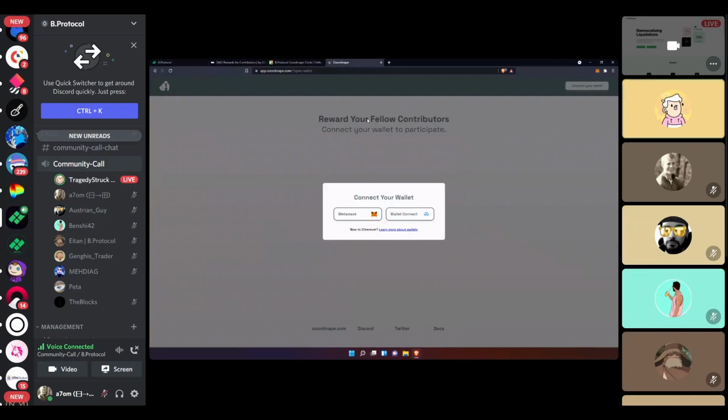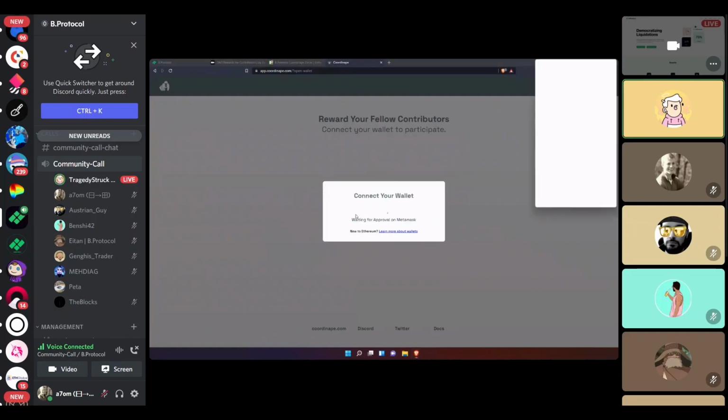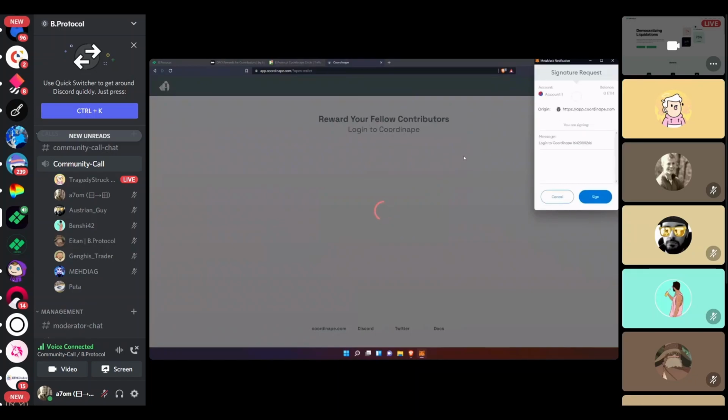So once you've gone to the growth channel or direct messaged me an Ethereum address, I can add you as a normal user. And then you'll be able to connect here. And if I've done this right, I'll just connect the account I shared. You have to sign a login message as well.